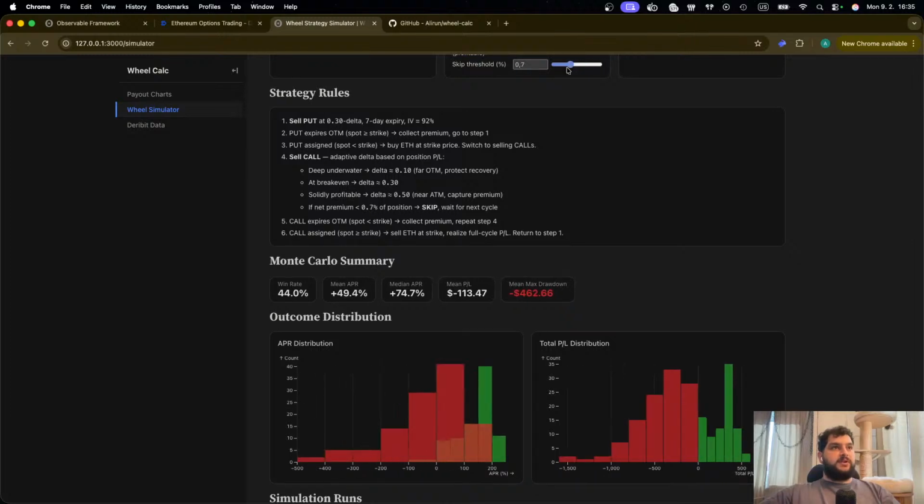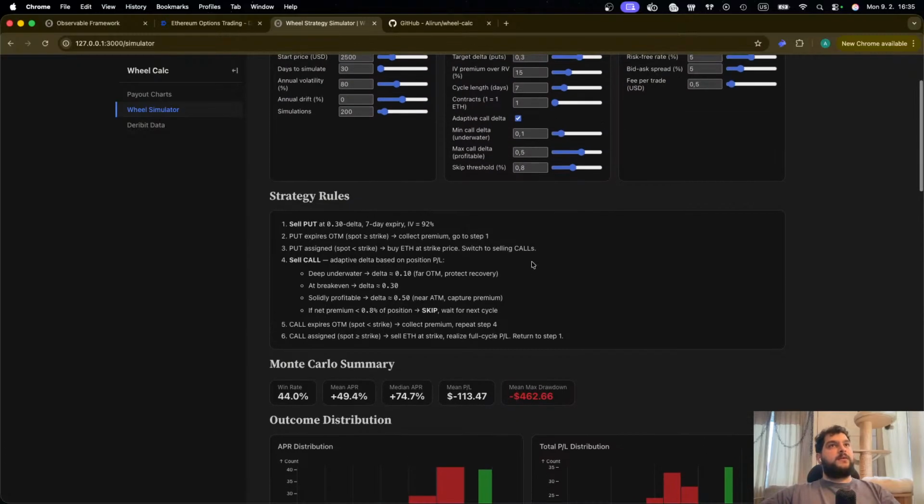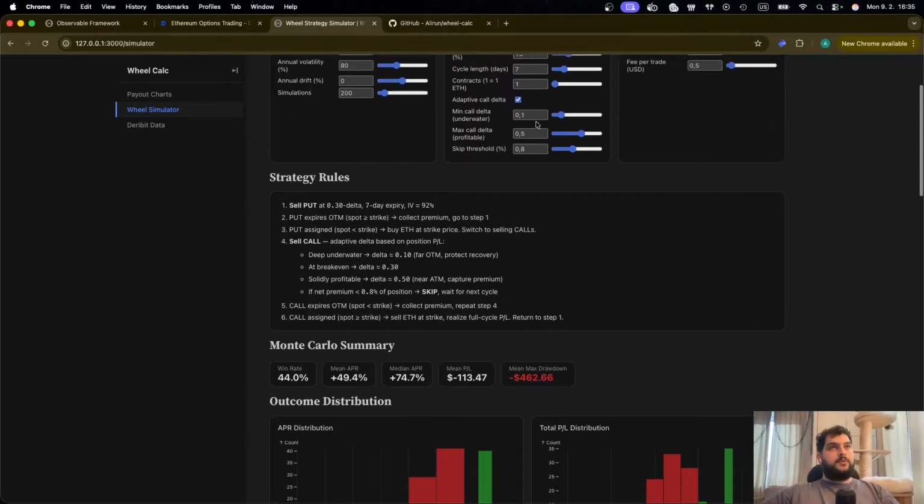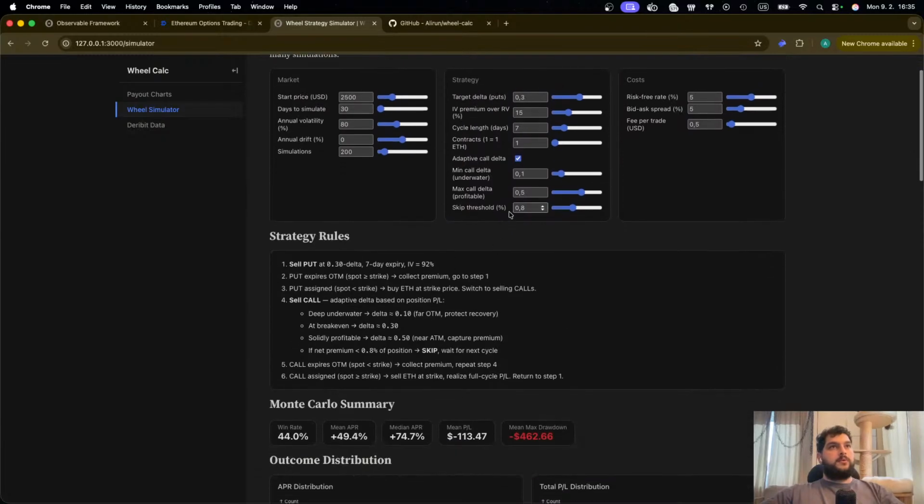Doesn't affect the win rate actually. What affects win rate is probably this. Okay, target delta only for puts now. And if we keep it